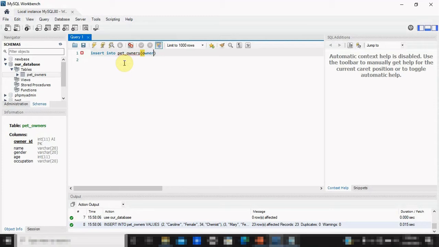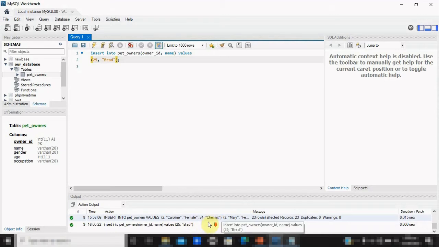So owner ID column and our name column. Then we write our values keyword, and let's insert data in only the owner ID column and the name column. So the owner ID is an integer, so there's no need for double quotes. And then the name we're gonna add is Brad. Let's execute,